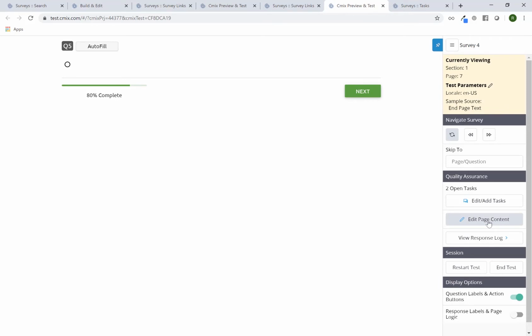Now this option is again only available to folks who have a Cmix login and are logged in. The reason for that is because if somebody is not logged in or they don't have a login to the system at all, there's no way for us to log this transaction or this activity. Because what this is going to allow me to do is if I click on, so I'm on Q5, just got a blank response option here. I can click on edit page content,